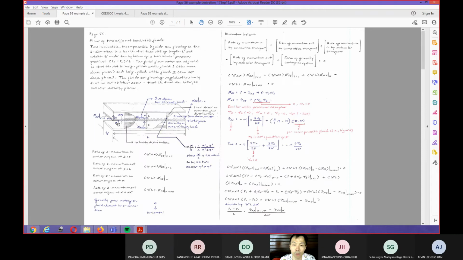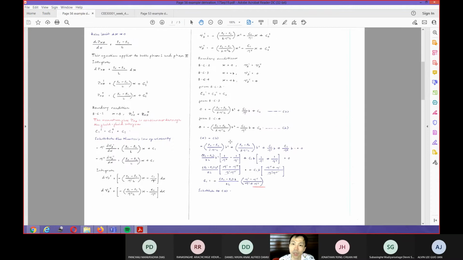Even if you take the shell element in the location of phase 1, it will be the same as the shell element in fluid 2, because it's the same. Except that you will have two different equations. The first one comes with the first constant, and the second one comes with the second constant.